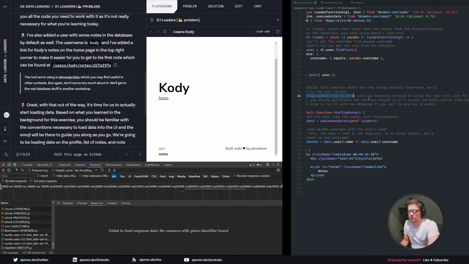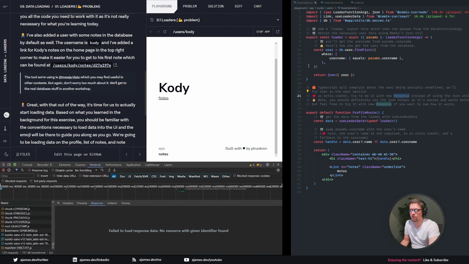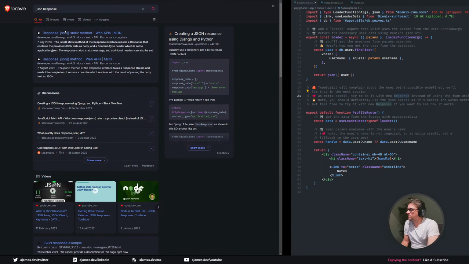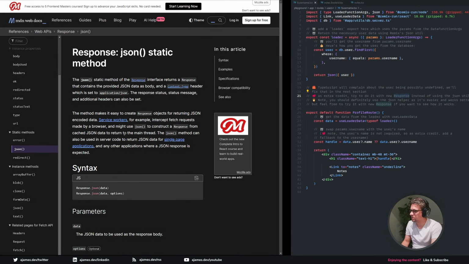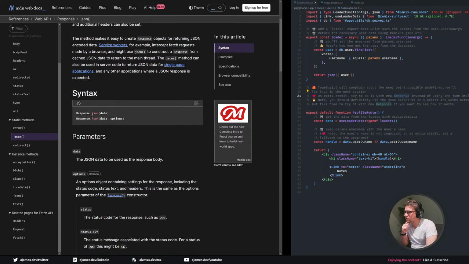As extra credit, try to do it with new Response instead of using the JSON util, just for fun. Well, I'm terrible at this, so this should go as poorly as I expect. But you never know. The JSON static method of the Response interface returns a Response. The method makes it easier to create response objects. Syntax: Response.json(data). So we want to use it instead of